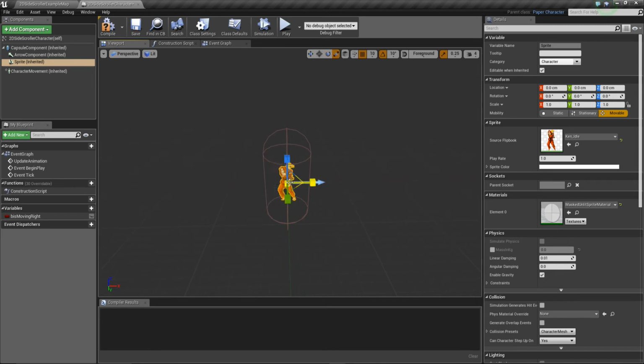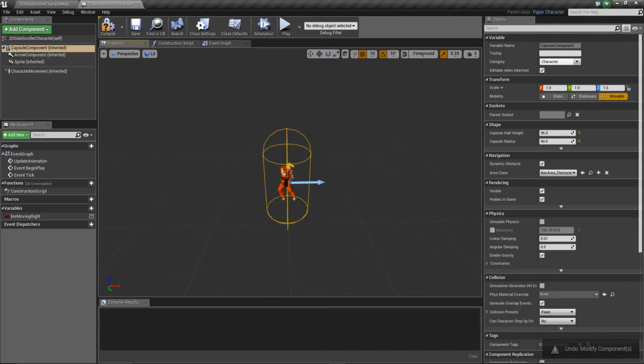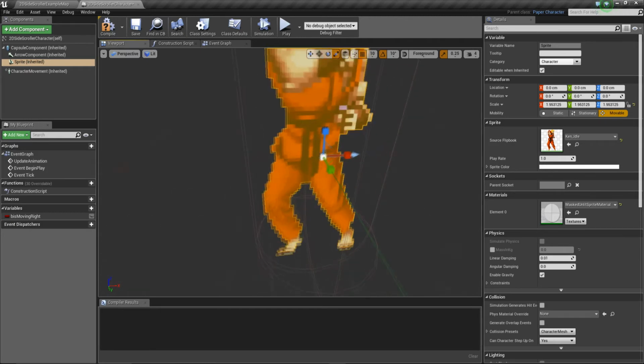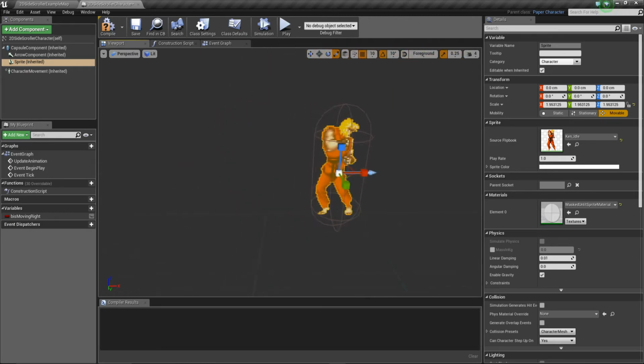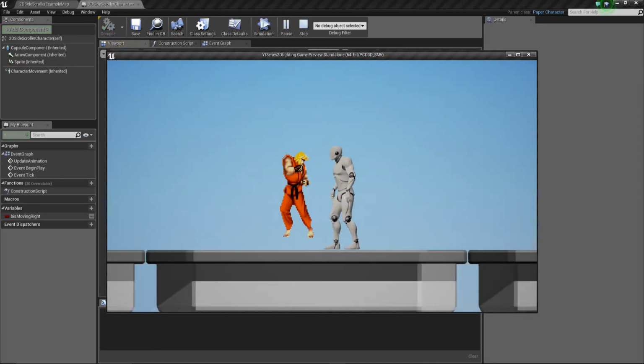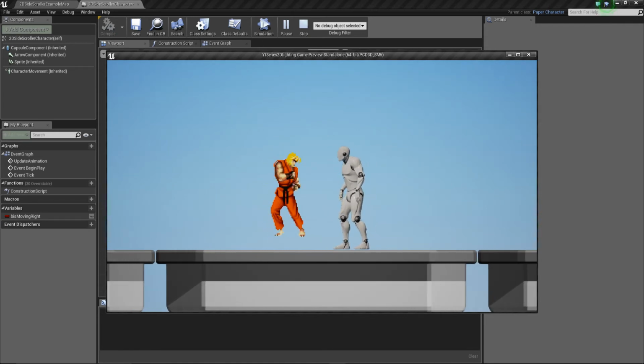So let's just make him a little bit bigger. So make sure all the axes are selected. So grab the middle. I didn't grab the middle. I just told you to grab the middle and I didn't. Grab the middle. And if you drag him, you can see you can make him slightly bigger. So I do it by 2 and just try and fit him into that capsule. Compile and play. So now he's at a decent size. If you compare him against that one, you can see that he's not of a bad size